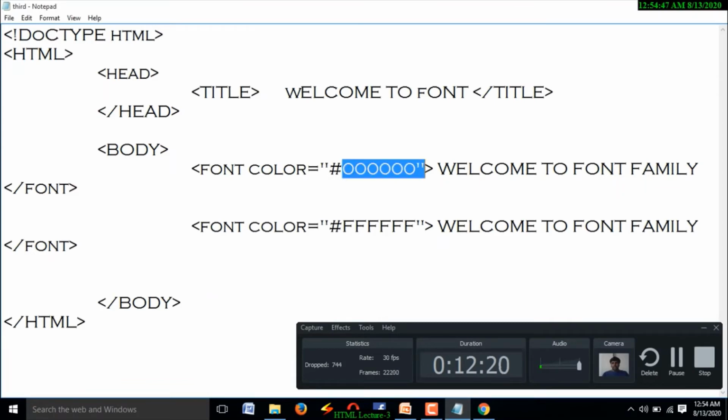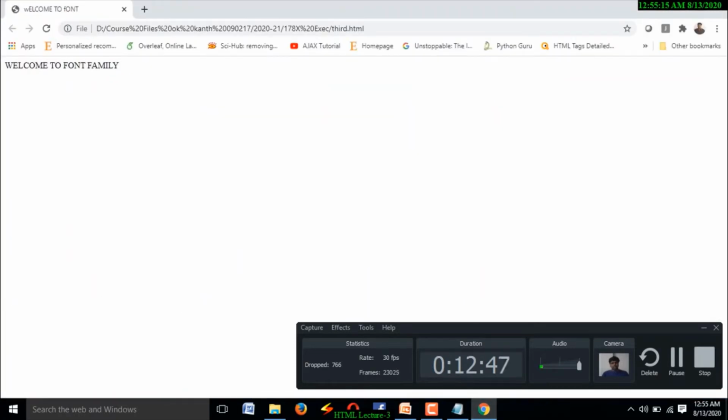At this point, observe this example carefully. If you put all zeros, you are going to get black color text. If you put all F's, you are going to get white color. If you want to see combined colors, you may interchange these values with some others from the range 0 to F. Suppose here you may use AA, and here you may use E. You are going to get some other color.